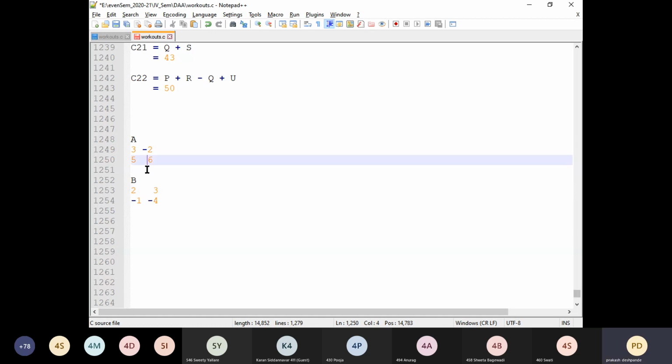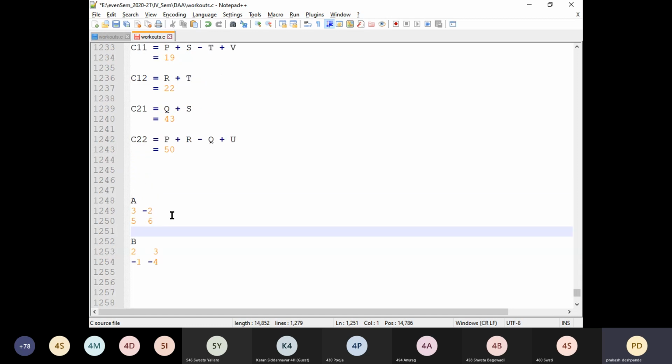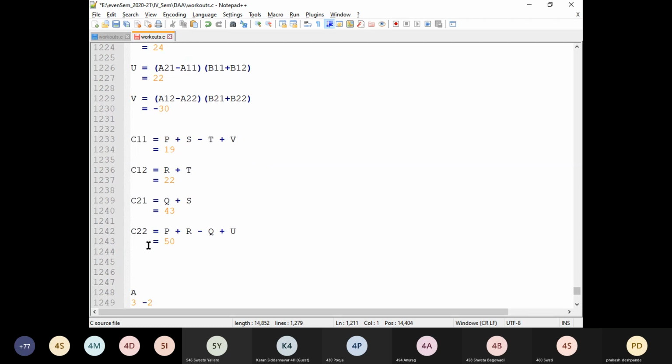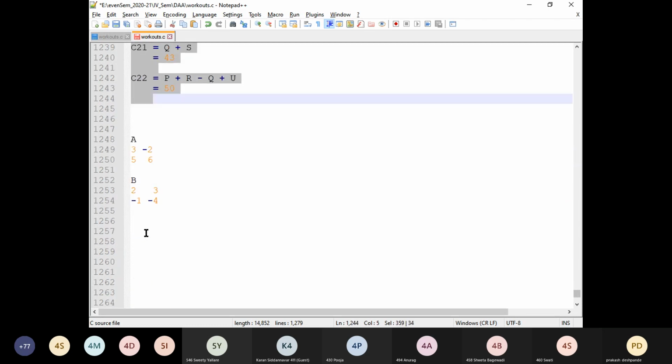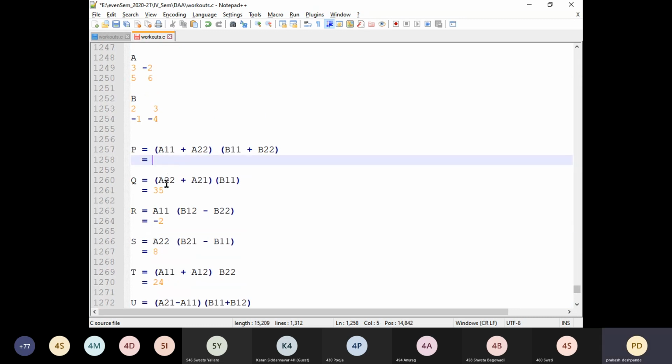In the exam, even if you are getting a question for the final exam, then it will be something like this, with negative numbers. So if you can solve such types of examples or problems, then it will be easy for you to solve in the exam. Start solving. I can ask randomly any student.